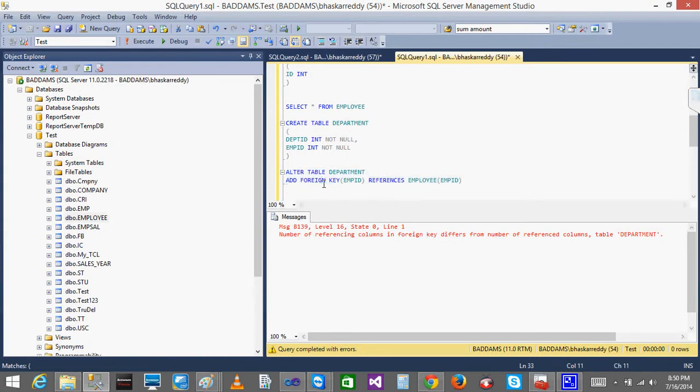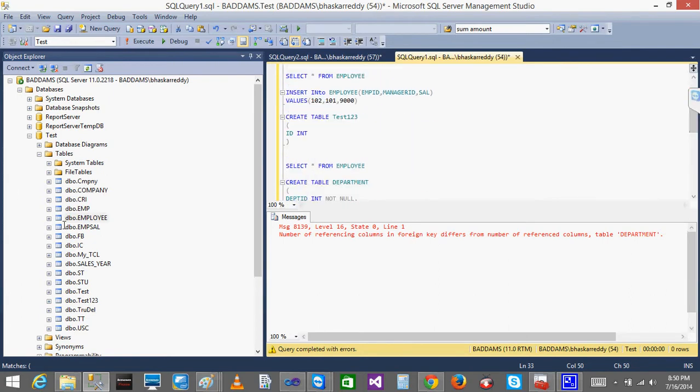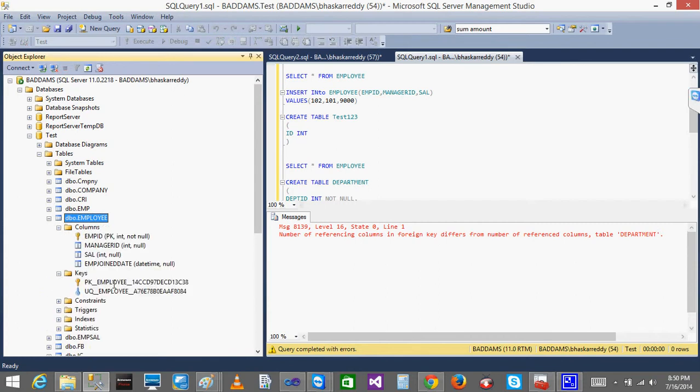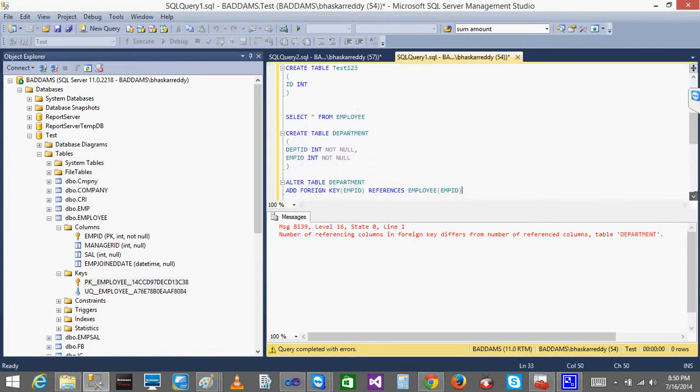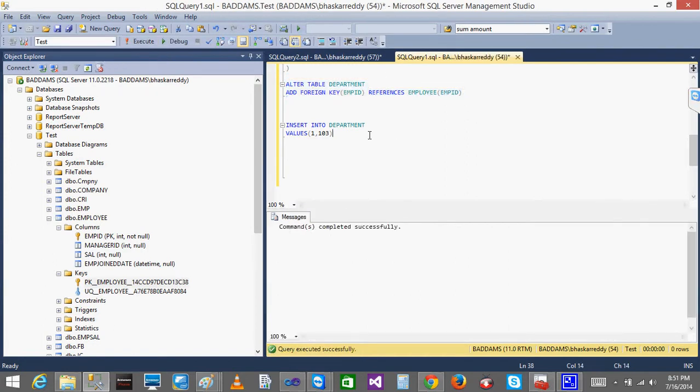But by default, if you don't give one, the system will create its own name. It is not necessary. Even for the primary key, we don't give a constraint name while creating a table, and the system takes its own name by default. So I'll run add constraint again, and now it worked.